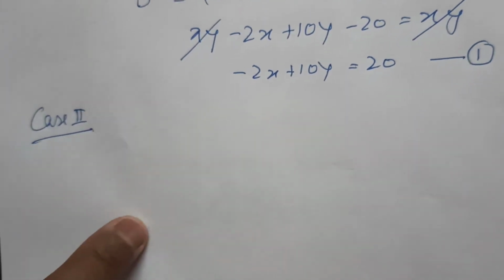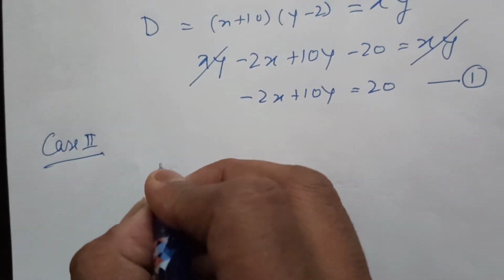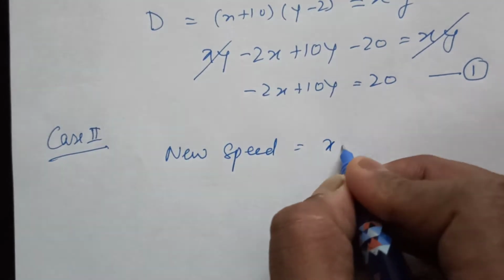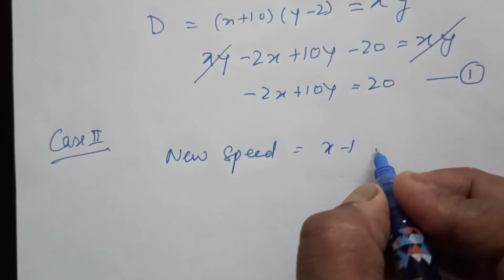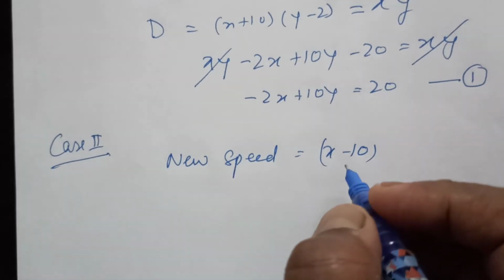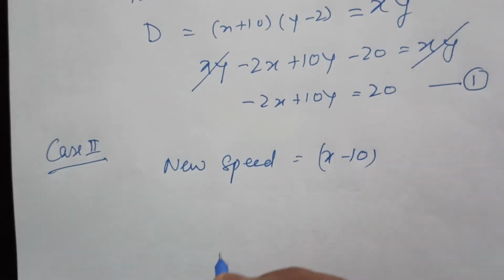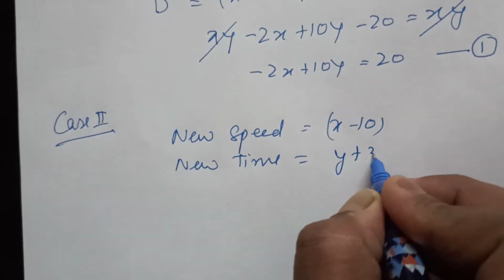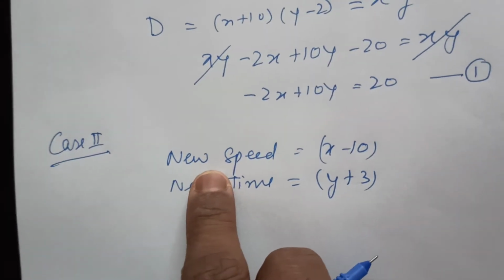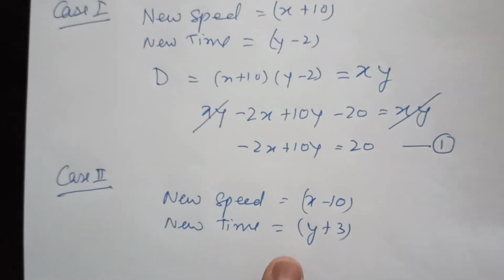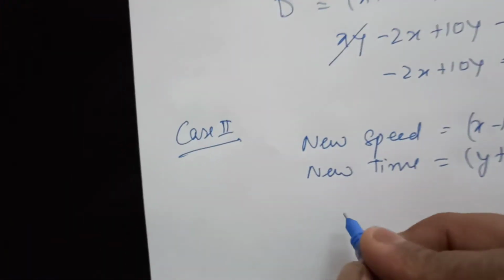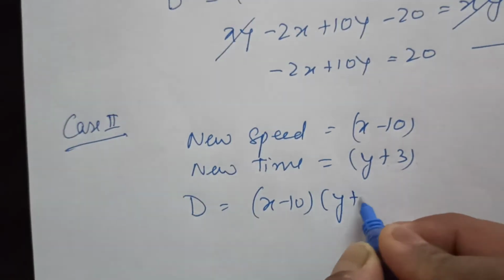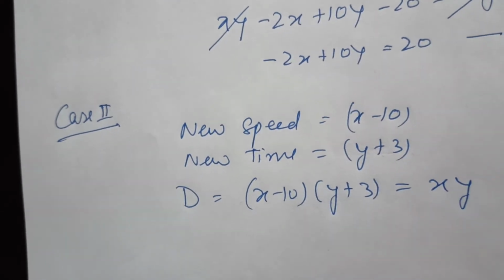Now the second case says if the train was slower by 10 km per hour. So new speed for case 2 is x minus 10. Then what happens? If the train is slower by 10 km per hour, it would have taken 3 hours more. So new time is y plus 3. See again, the new speed we have taken is x minus 10 and the new time is y plus 3. So the distance, which will be x minus 10 into y plus 3, is equal to the original distance x